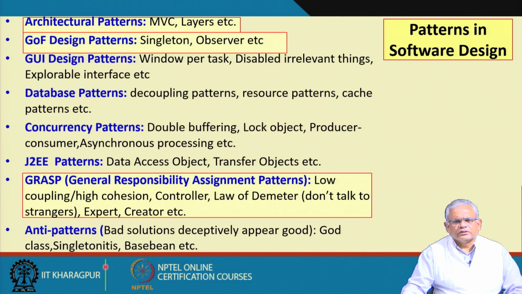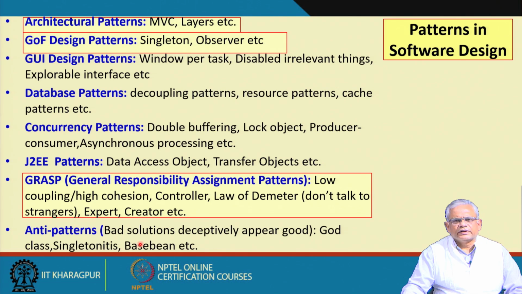And then we also have anti patterns. The anti patterns are some design solutions which appear to be good, but later turn out to be a liability. Initially, when you try to use them, you think that you have made a correct decision, but later you will find that it makes the design really bad.